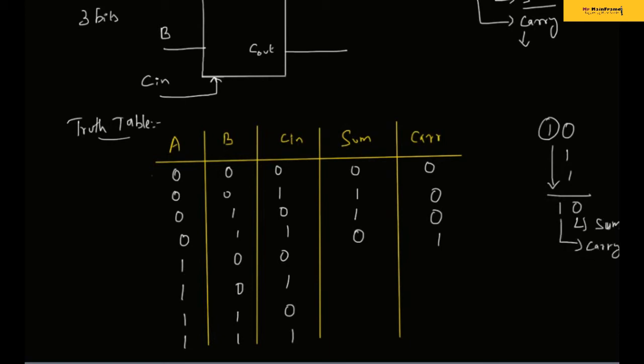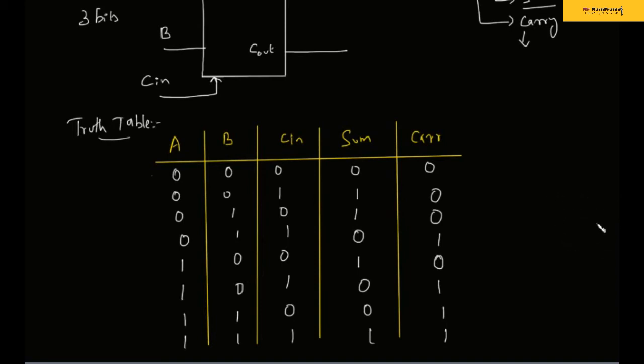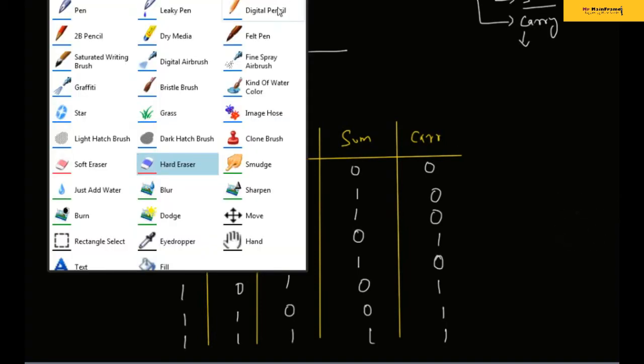So please follow this during the entire truth table. And for the fifth stage, the sum is 1 and the carry is 0, right? 1 0 1 is nothing but 0 1, and 1 1 0 is the same thing, 0 1. And if all of them are ones, the sum is also 1 and the carry is also 1. That is in the last stage. So I'll just erase this for your convenience, so you can analyze the truth table. I don't want to keep any disturbance for you.